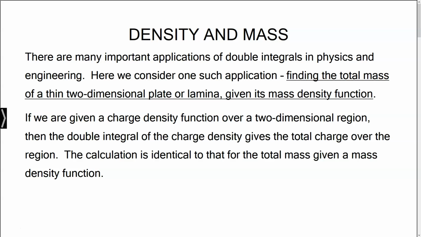In the next video, we'll talk about moments and center of mass, which is going over where the mass is centered. But for now, we're just going to do density and mass. So let's start off with,